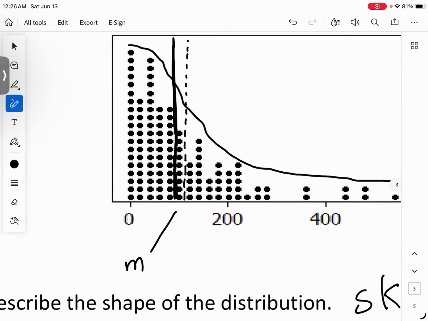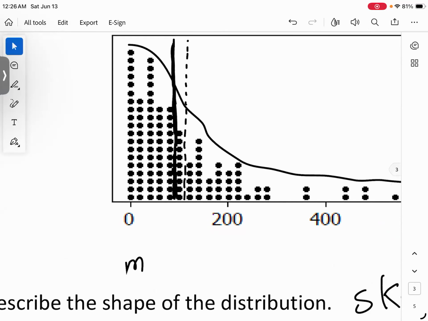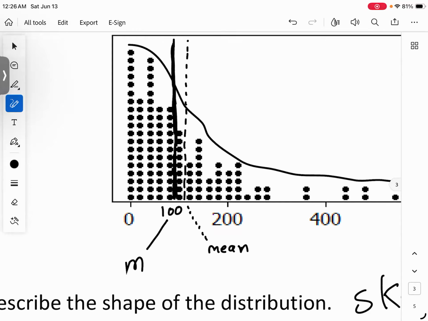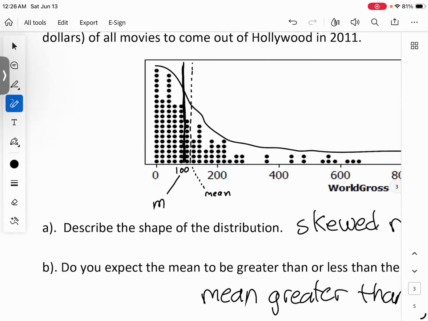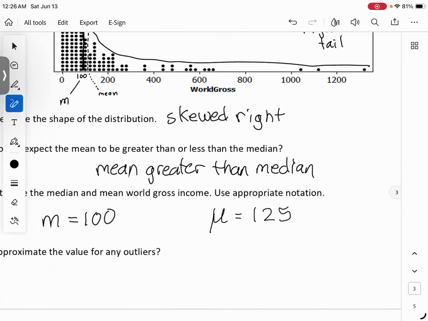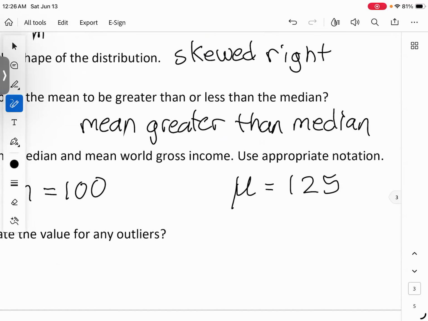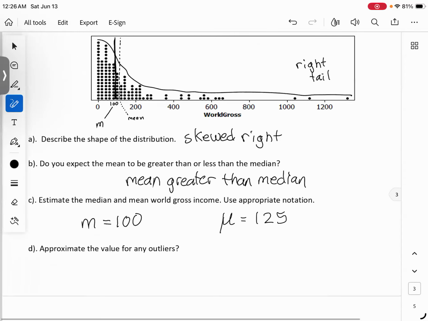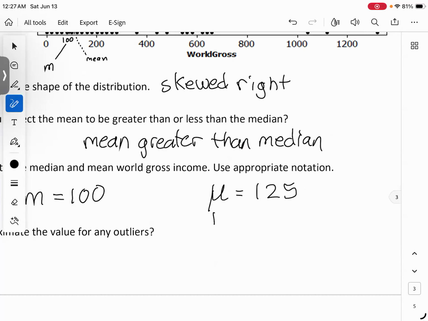If this right here was 100, then the mean's maybe like 120 or 125. But notice that I put mu, right? Mu is either X bar or mu. And the reason why I did mu, or why you would do mu on the homework, is that this is a population